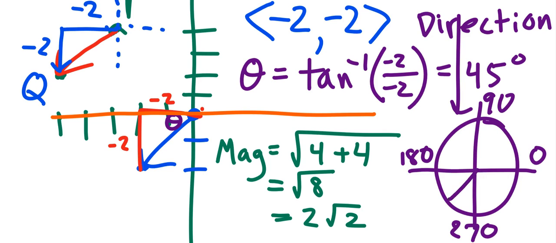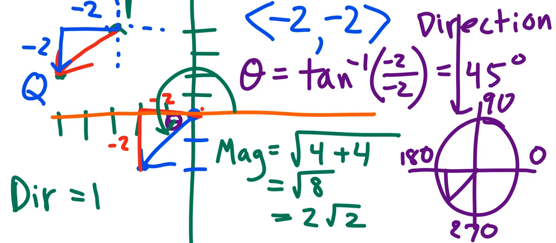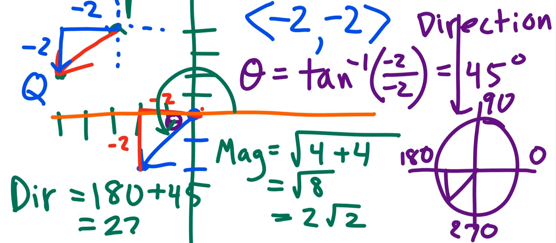So, if you're down here with a 45-degree angle in quadrant 3, what is the correct direction? No, I'm not talking compass directions. I'm just talking about directions on the unit circle. It's going to be bigger than 180, folks. 225. That's right. If you're at 180 and you go 45 past 180, you're at 225 degrees.